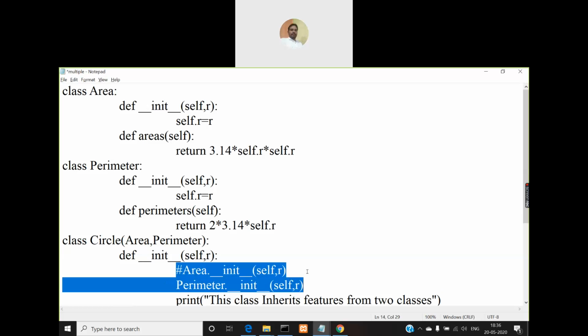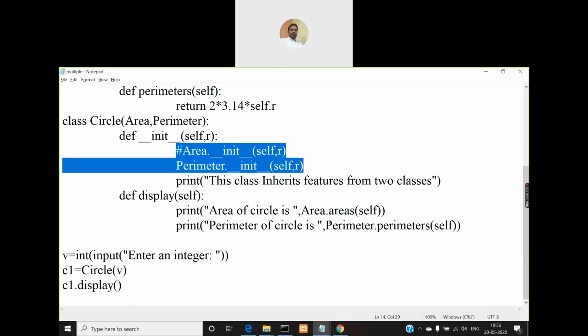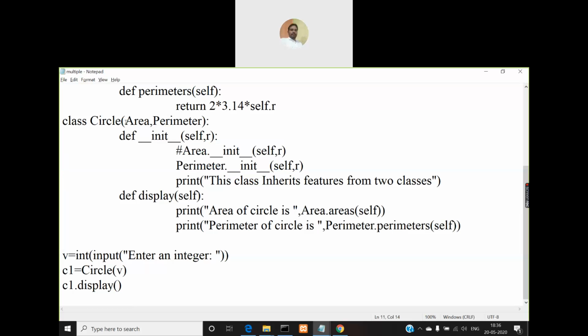Okay. So this is multiple inheritance: one class having more than one superclass. More than one superclass means it can be 2, 3 or 4. When you are using two or more superclasses for a class, you need to specify them by separating them with a comma within the parentheses like this. If there is one more superclass after perimeter, then give one more comma and mention the class name. That's it,